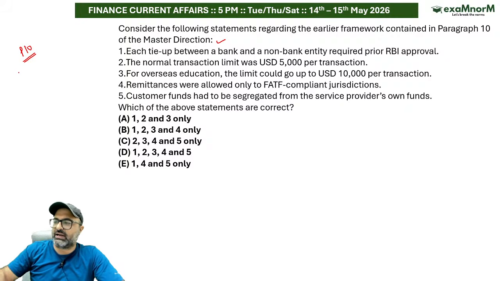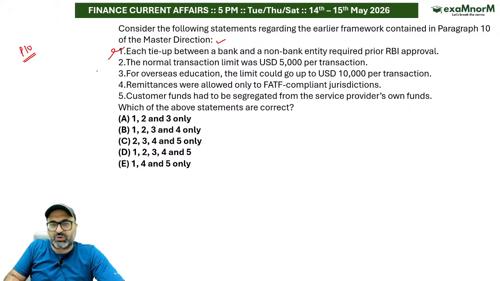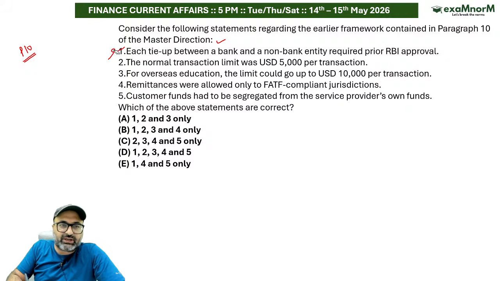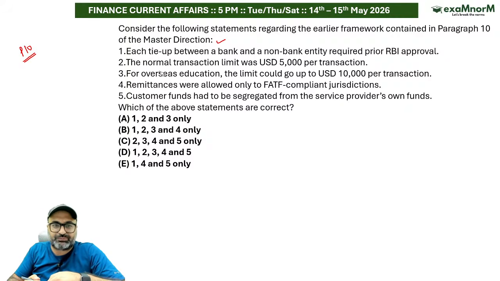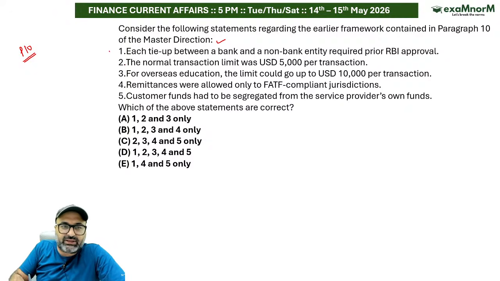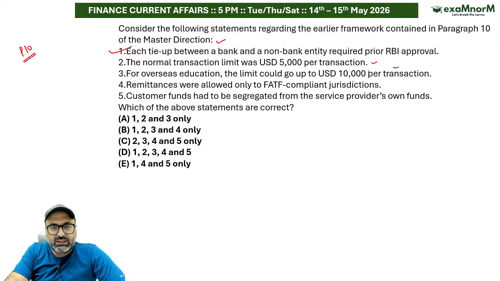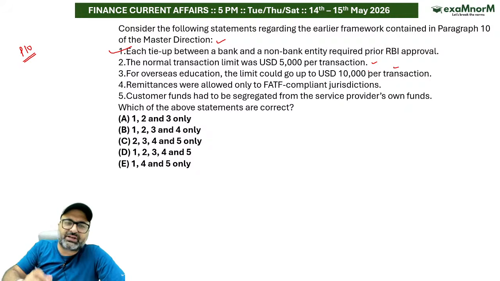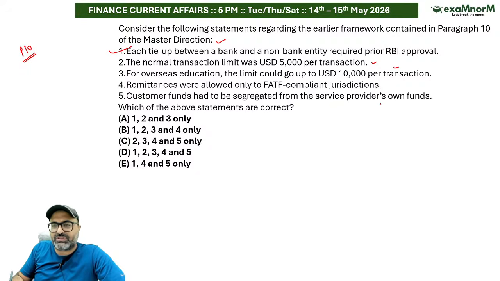So if we talk about the related points: each tie-up between the bank and non-bank entity requires prior RBI approval. No sir, it does not require prior RBI approval now, but what they are trying to ask is your understanding with respect to the previous one. According to the previous circular, this was absolutely correct that you need the RBI approval. The normal transaction limit was $5,000 per transaction. The overseas education limit could go up to $10,000. Is it correct? Remittance was allowed only to FATF compliant jurisdictions. This is correct. The customer had to segregate from the service providers